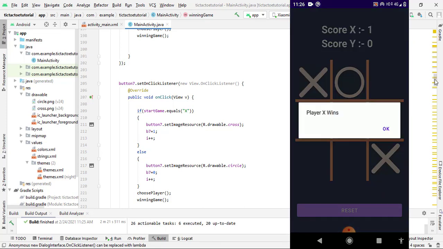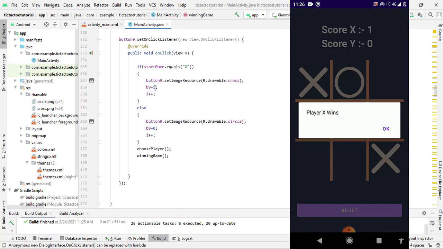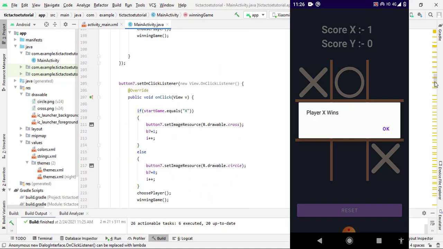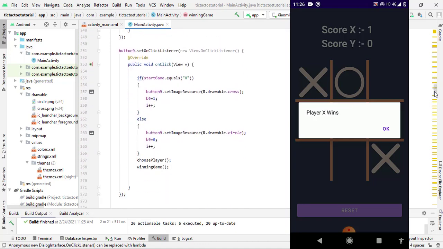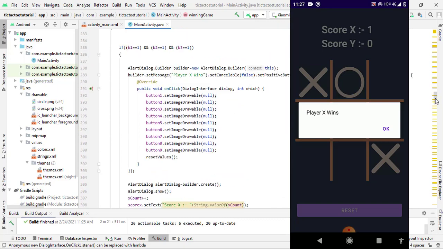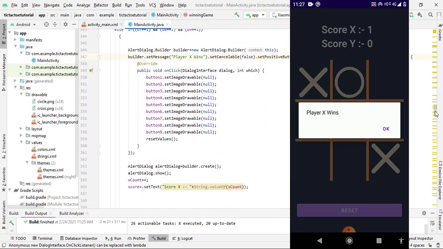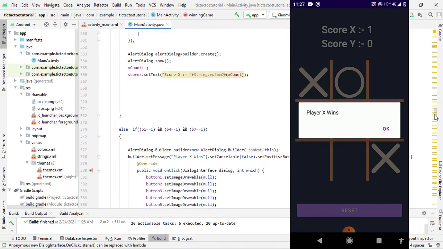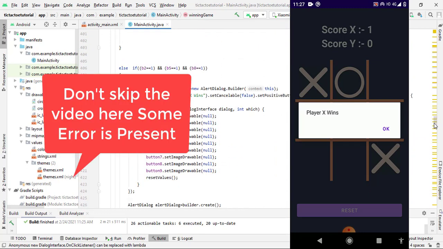So how does this happen? If I click on the 9th button, you can see B9 equals 1, and now there are possible cases I already wrote inside our if else. Every time I call the winning game function, it does not matter whether it is the first turn or second turn, I call it every time. Now B1, B5 and B9 contain 1, what does it mean? Player X wins. You can see I already wrote the whole code inside our if else conditions. So where are B1, 5, 9? Let me wait.